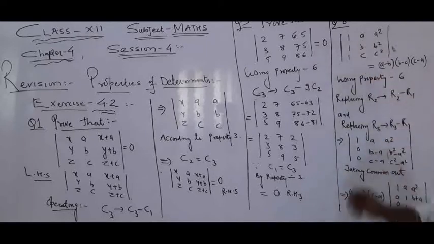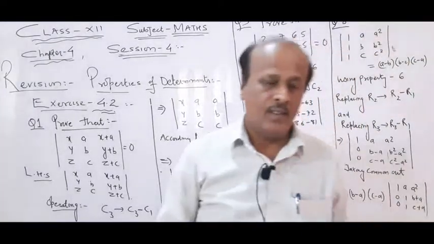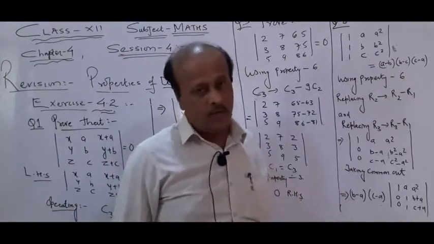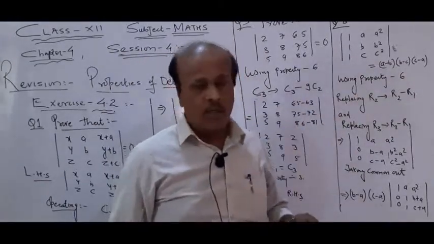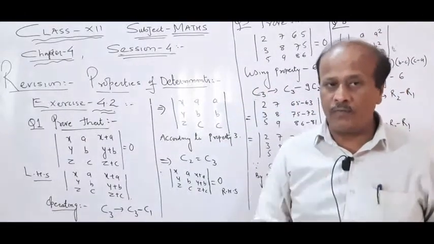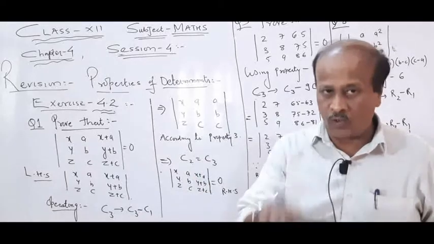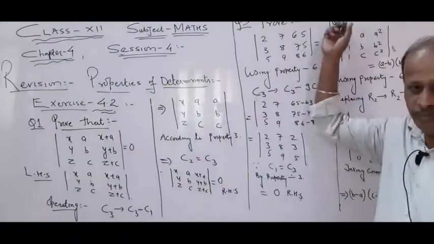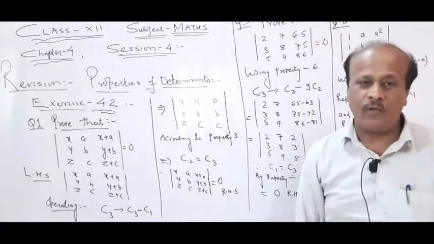I have selected question number 8, and again question number 8 can be done in many ways. One of the methods I am suggesting, and usually what I tell students, whenever you find 1 1 1 either row wise or column wise, be happy. Why be happy? Then you have got one definite method or a pattern, you blindly follow that pattern.